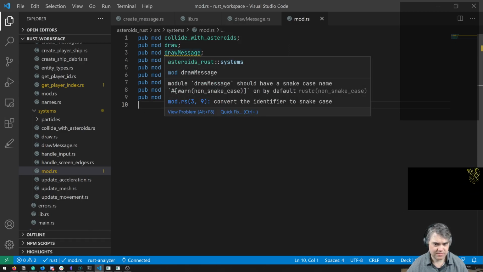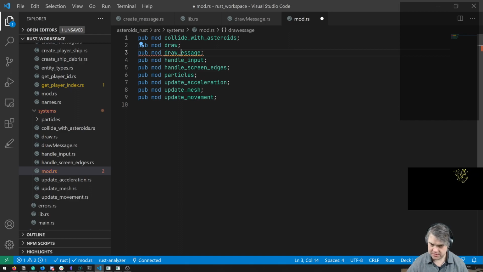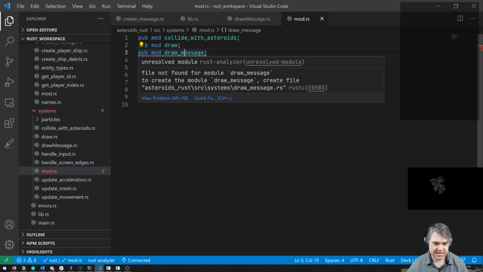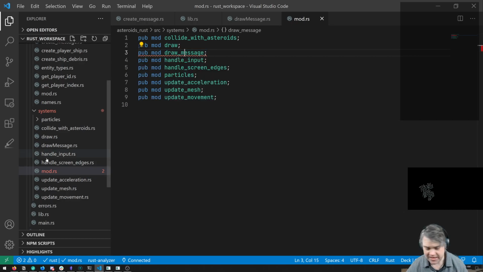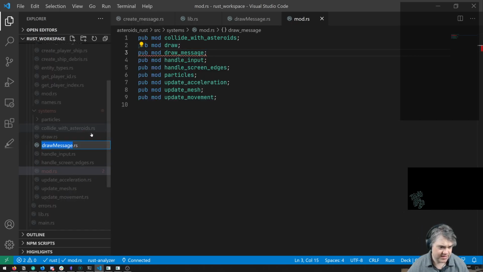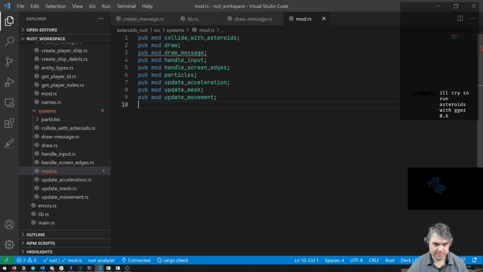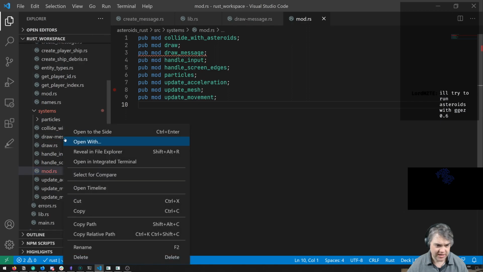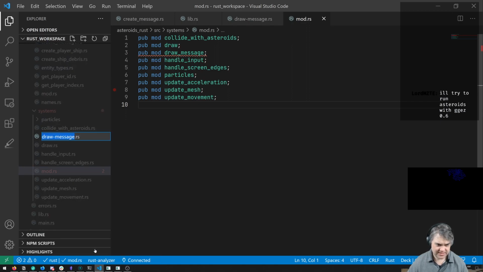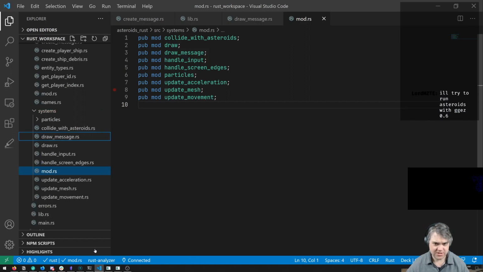Yeah, okay, so it wants it to be snake case, in which case it can't find the file. That's what I thought. So you can't be that. If I do draw message with a hyphen, that also doesn't work out. Okay, so I do need to have these be in snake case. I just saw some other libraries not doing them, and I was wondering whether that was something that works.